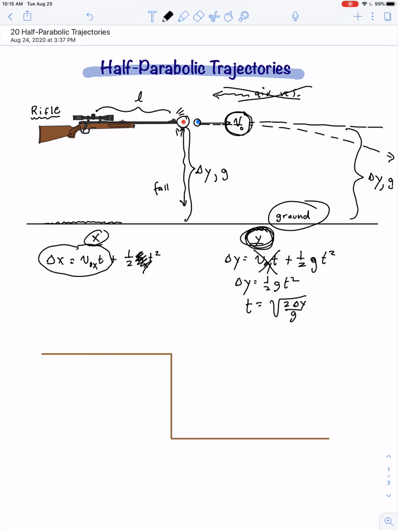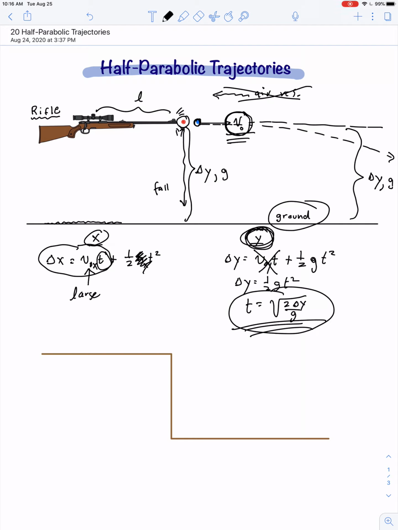The motion horizontally for these two bullets is very different. The red one has 0 velocity, and so it just falls straight down. And if so, it takes a time equal to the square root of 2 delta y over g to hit the ground. And the one that was launched with the initial horizontal velocity spends that same amount of time in the air,